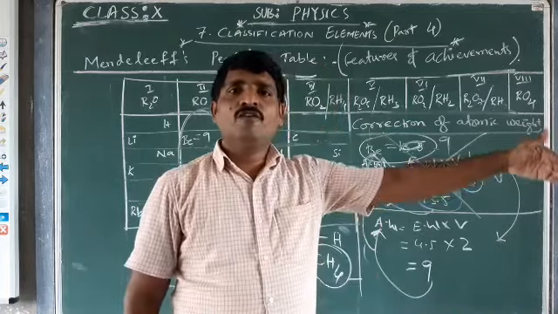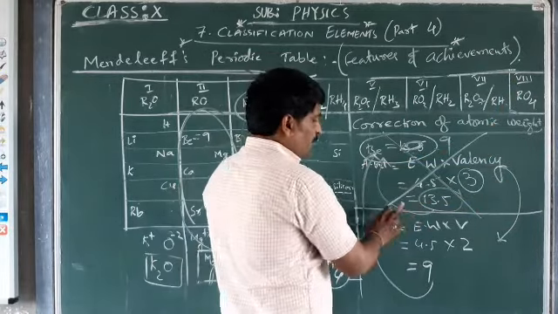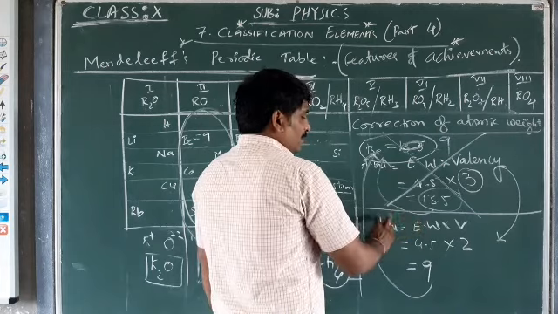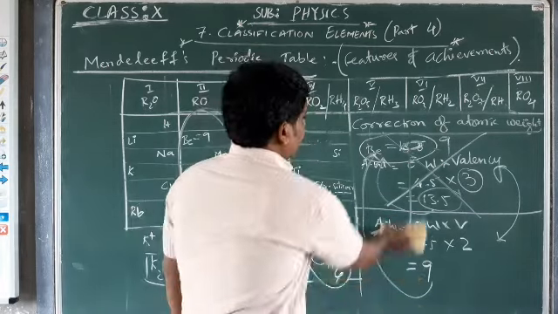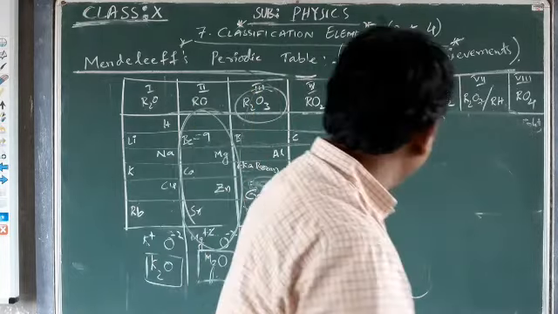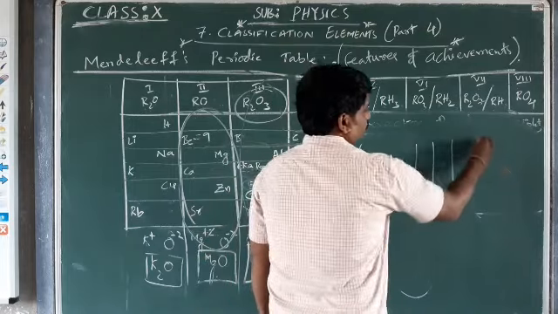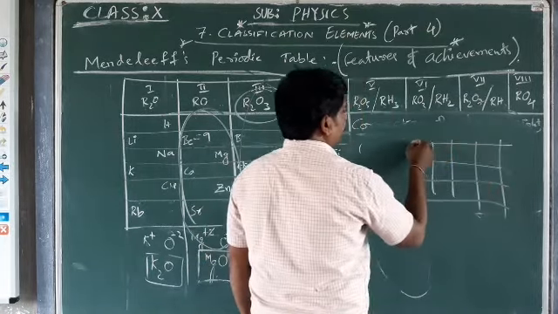See, 1, 2, 3, 4. After 4, 5 should come. But if 5 comes after 4, the fourth element is following this group. For example, to make you understand this clearly, what does anomalous series mean? Suppose some groups are present here. To get clarity, I am just taking the help of an example here.